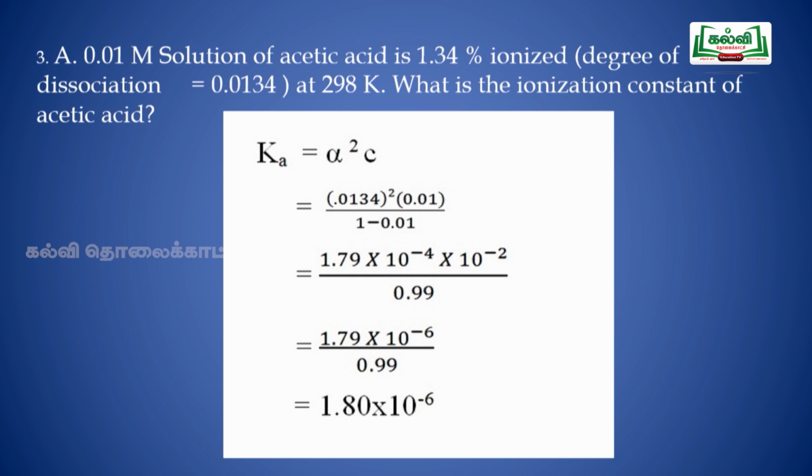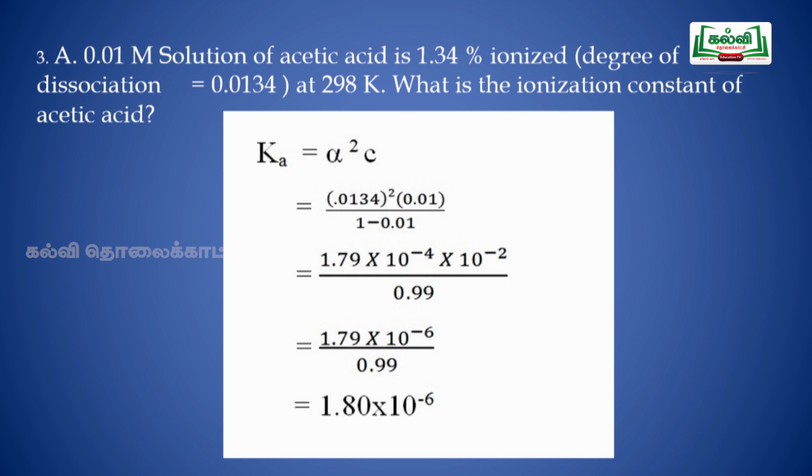What is alpha given? 1.34%, that means divided by 100. When you divide by 100, what will you get? 0.0134, that you have to square, okay. Into concentration, what is given? 0.01, by 1 minus alpha, which is 0.01 that we have substituted. 0.0134 square is actually 1.79 into 10 power minus 4, into 0.01, and 0.01 is actually 10 power minus 2, by